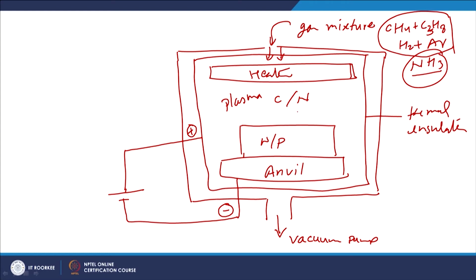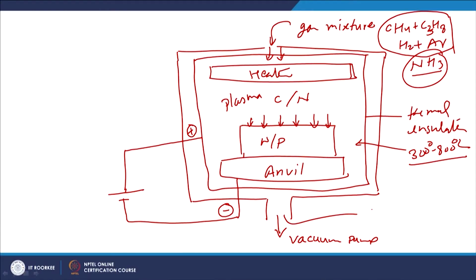Once the active carbon or nitrogen is available in atomic state, these will be in the workpiece. Because of the concentration difference, these will start diffusing under the favorable conditions of temperature. We need a very good combination of temperature within the plasma chamber, and the temperature may vary in the range of 300 to 800 degrees centigrade. So as compared to the typical carburizing and cyaniding temperatures, this temperature is quite low, because that is normally performed in the range of say 850 and higher